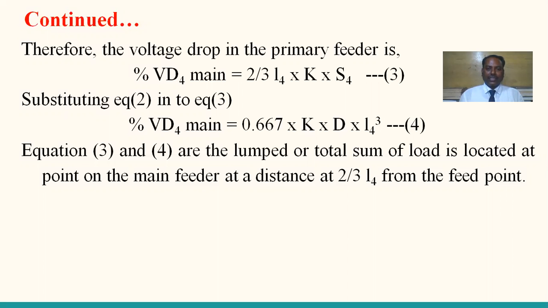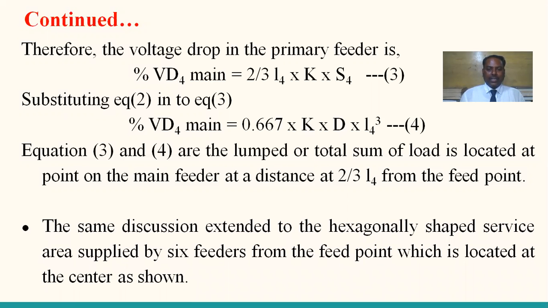Now the same discussion is going to be extended for the hexagonal shaped area. That means the substation has 6 outgoing feeders. At that time, how the voltage drop calculations and everything is to be taken into account. So let us see here.